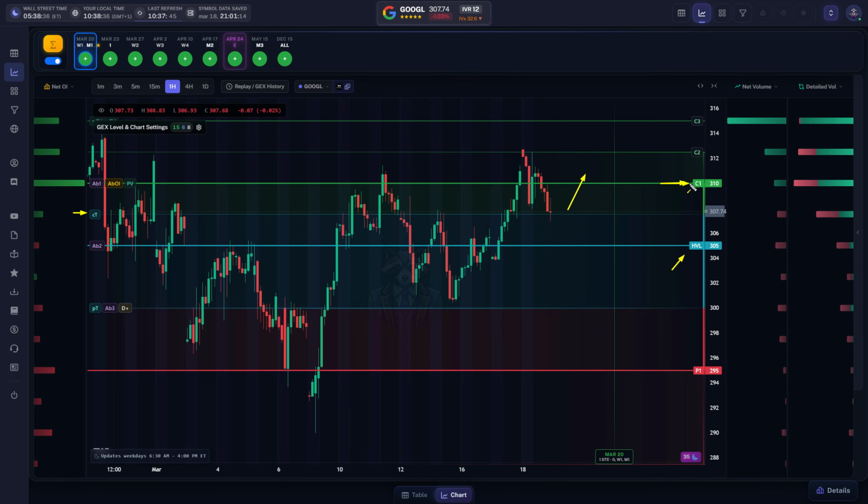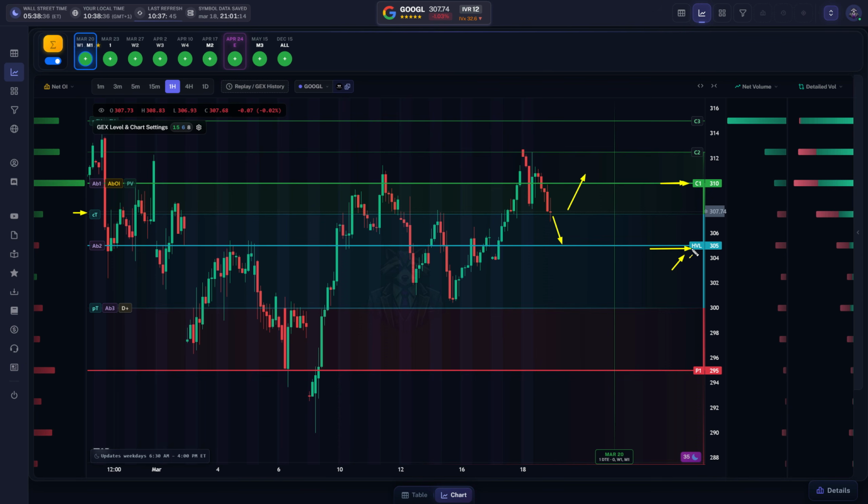Above that, we are in a green positive gamma territory. And if the market goes above C1, I would look for C2 and C3. But again, these are not predictions. So if the market passes C1, it doesn't mean that the market will definitely go to C2. These are levels I have to watch. But if the market goes below HVL, I would look for higher volatility, or at least look for the reaction around the 305. So this is the volatility regime, and the second layer of thinking is where the GEX levels